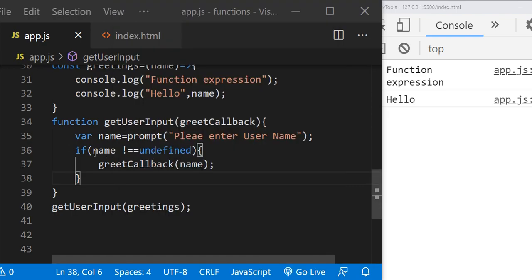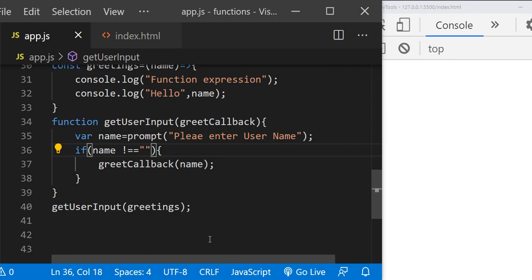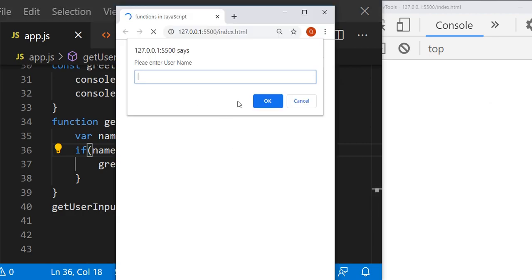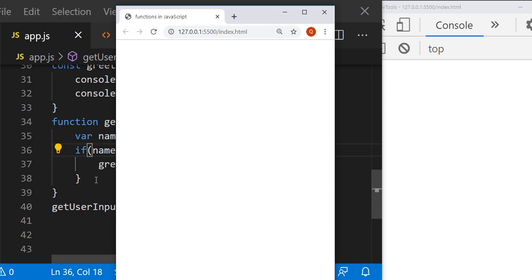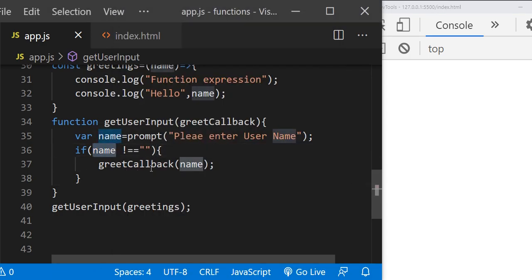It just says hello. So name is not equal to undefined. What is the name here? It could be empty. So now just give empty and check. See, now it won't call anything because name is empty.